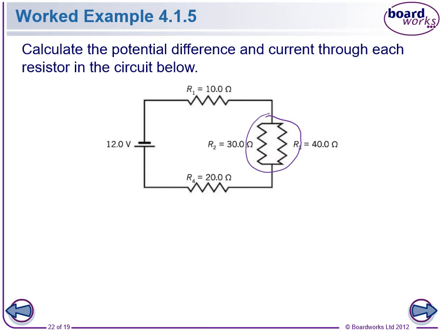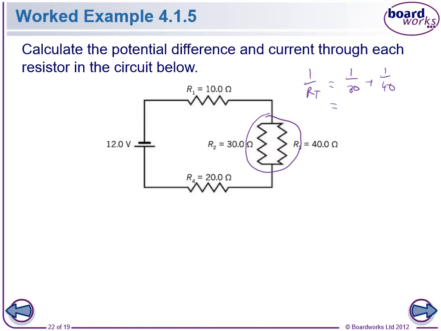So what we can do is work out the equivalent resistance of those two resistors. So remember, equivalent resistance just means we can replace them with one resistor, one particular resistor to replace the 30 and the 40 ohm. So let's work that out now. So we have 1 over the equivalent resistance. I'm just looking at this particular spot. It's equal to 1 over 30 plus 1 over 40. So the equivalent resistance of that circle